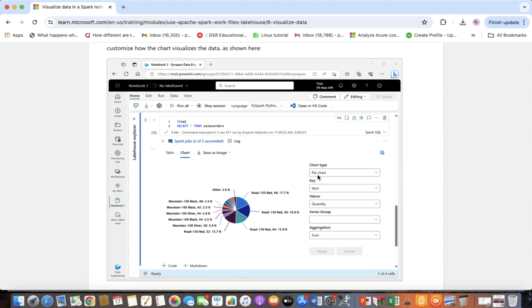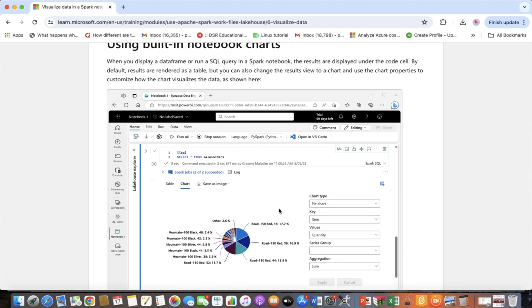So here we have selected this pie chart, and then there are other fields that we can select. We have key and values, and depending upon whatever chart you are selecting, those values will come up for your selection. So you can select and then visualize the data, right? So this capability is there. There are some default charts which are already given there. But in case you want to see the data with different visuals,